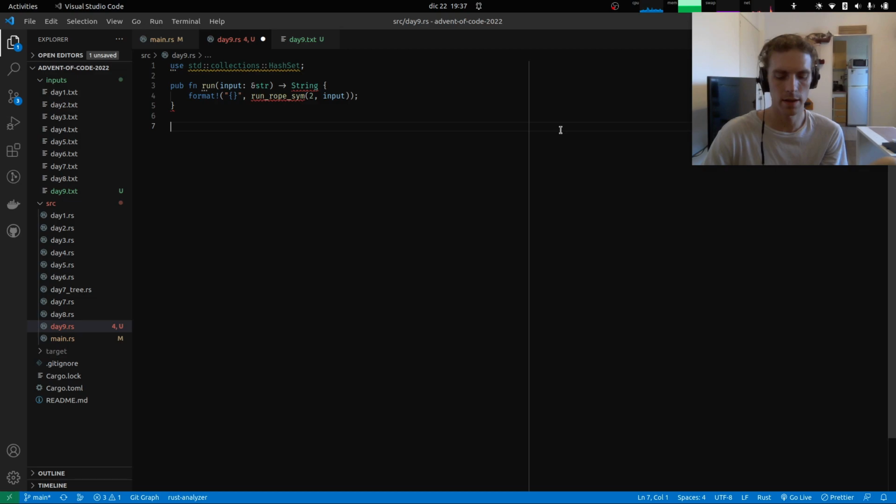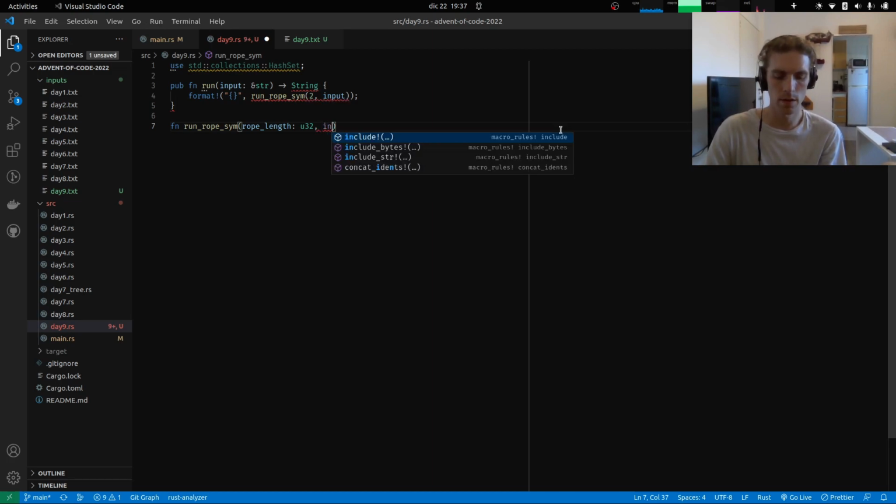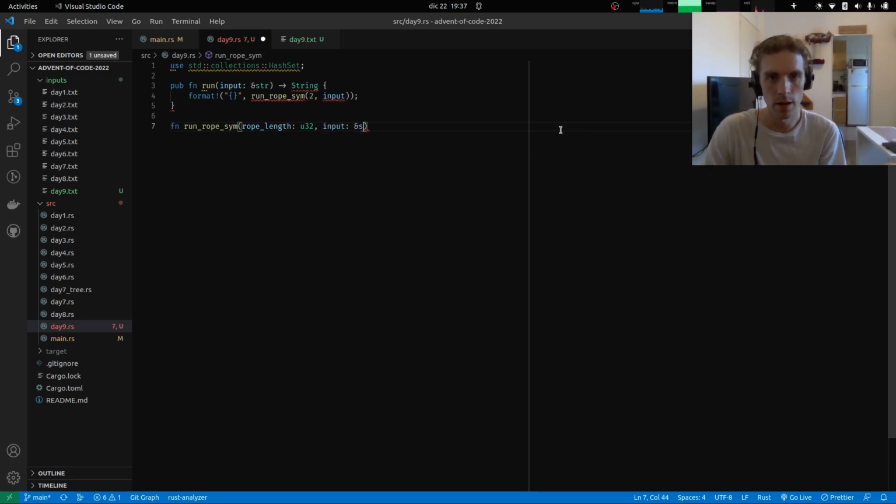So let's say fun run rope simulation is going to take rope length. Well, the length could be, I guess, a size. Let's use a U32 because we are using 32-bit numbers for stuff. And then the input, so input shall be the same thing, a string, and we're just going to return the number of